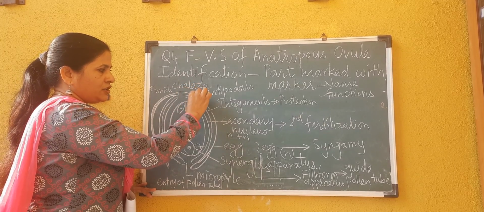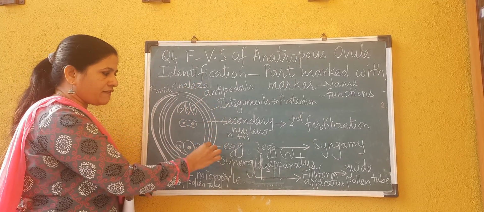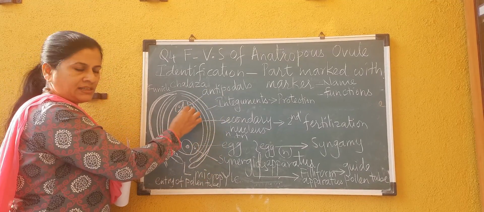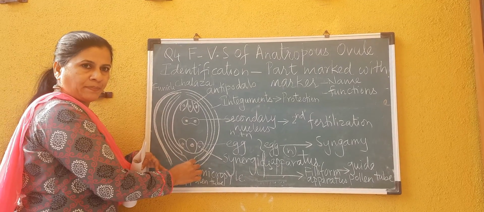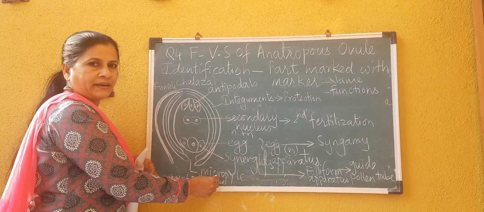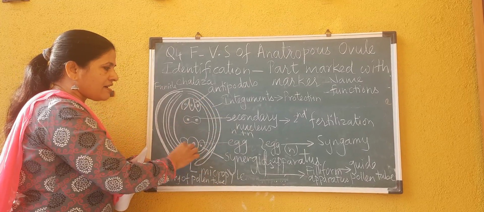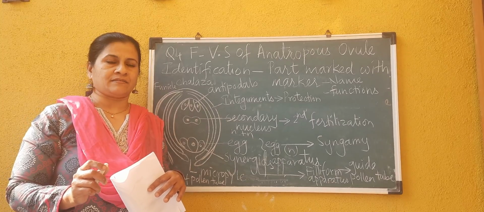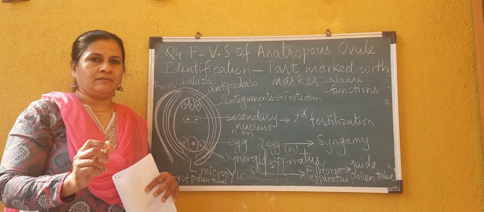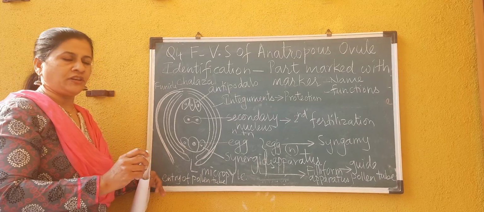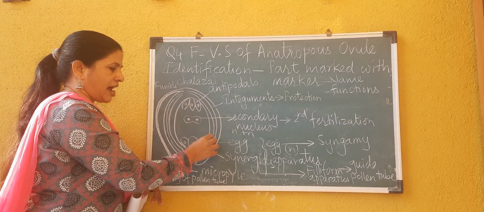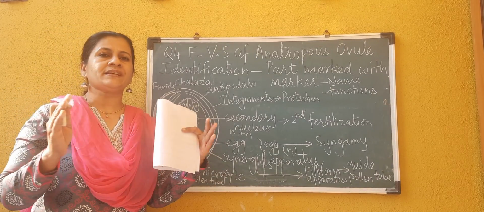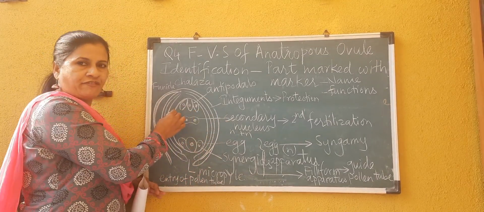From the chalaza, two integuments, that is the covering of the ovule, start. They cover the entire central mass and leave a gap at the tip. That gap is called micropyle. The central region of the ovule is occupied by diploid nucellar cells. One of the nucellar cells undergoes meiotic division and forms an embryo sac. As a result of formation of the embryo sac, nucellar cells are pushed towards the periphery.